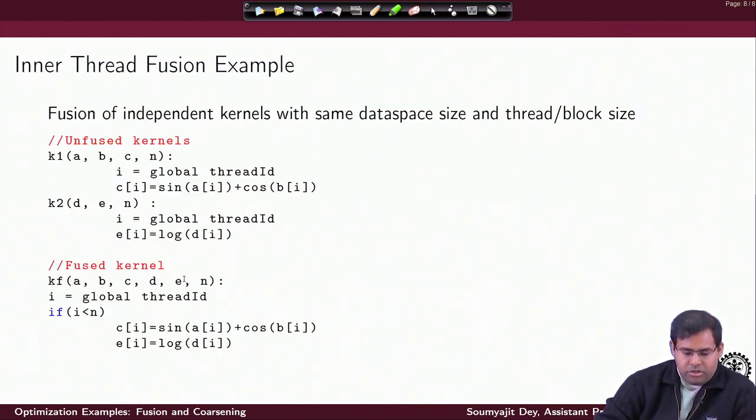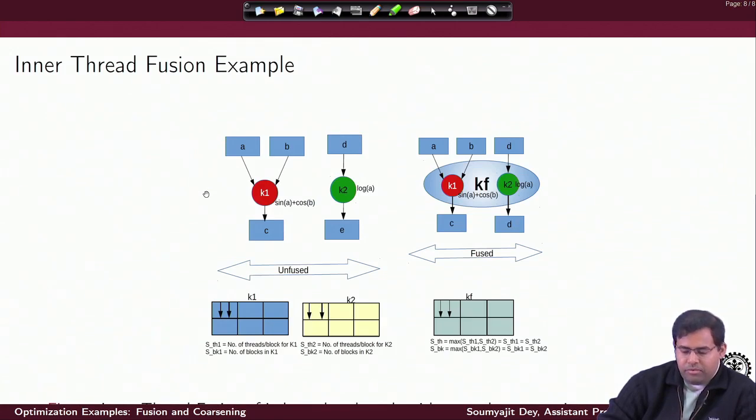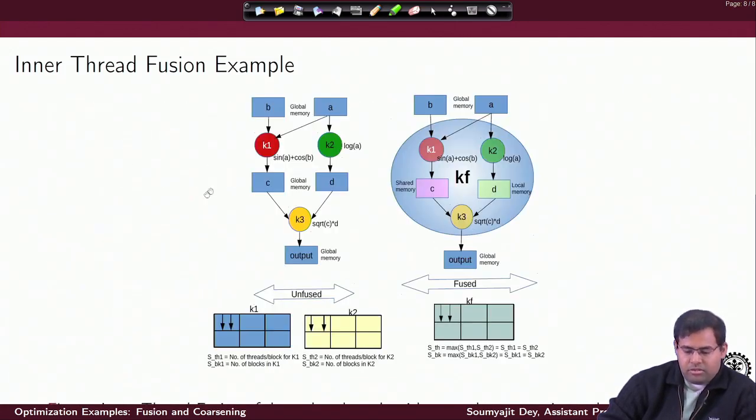And when I consider the total fusion of the blocks, our demand was that there should be absolutely the same data space size and thread block size. Now coming back to this part, it would make sense, right? So this is the situation where I am fusing independent kernels. As long as I consider only K1 and K2, they are just independent kernels. If we go back to the earlier example, which was this, here I was using K1, K2 and K3.